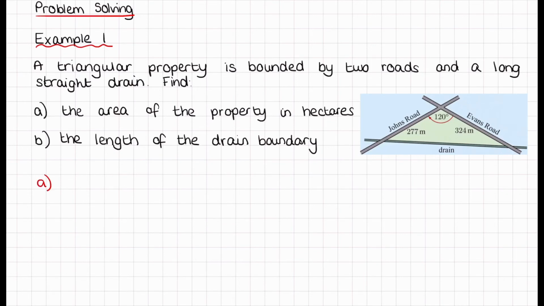So we want the area of the property, which means we need our area formula, which remember is half AB sine C. So we know this 120 angle, so I'm going to label that C. And then A and B can be either of the other sides. Now we just sub everything in. So a half times A times B, so 277 times 324 times sine of the angle, which is 120. Now remember, for this formula, the two sides have to be either side of the angle you're using. Work that out, we'll get